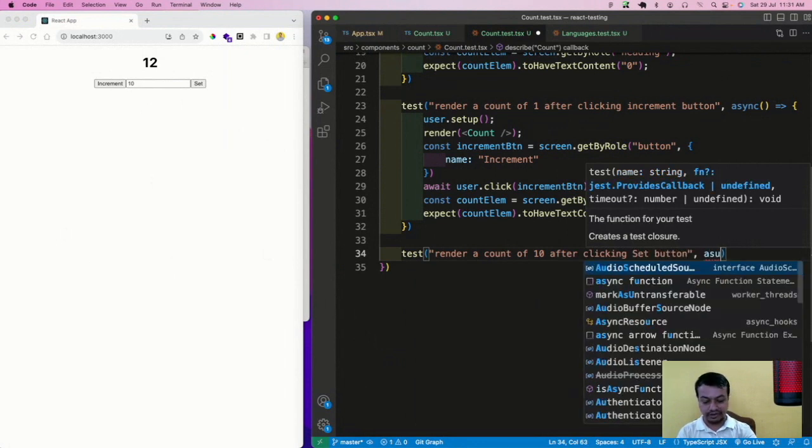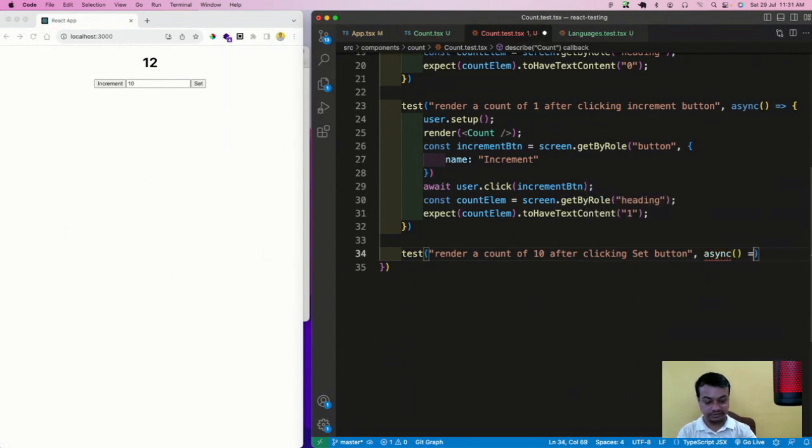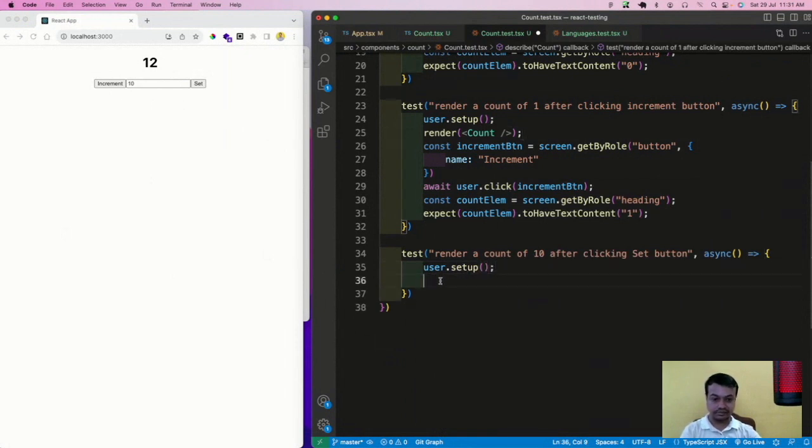Again, it will be async like this, and then user dot setup, and then render count, and now